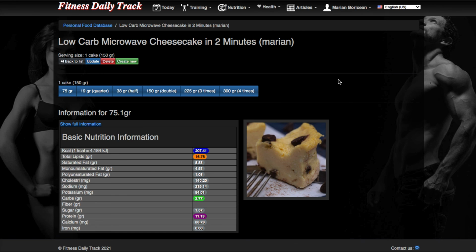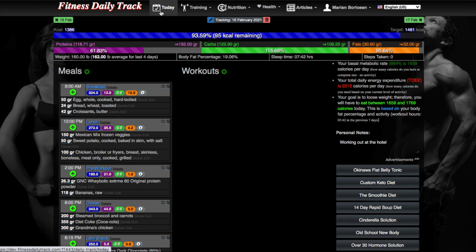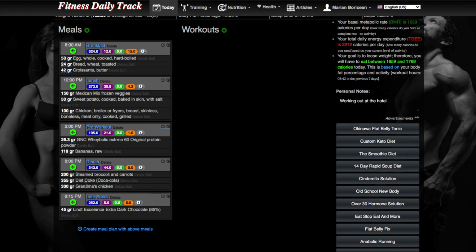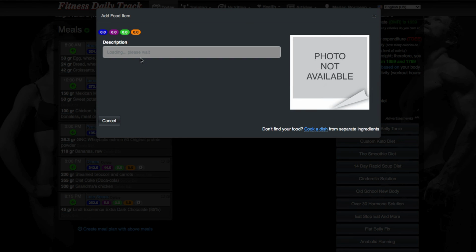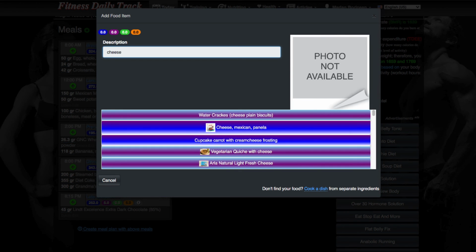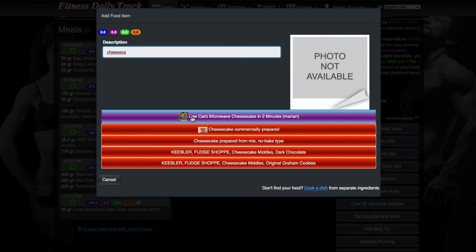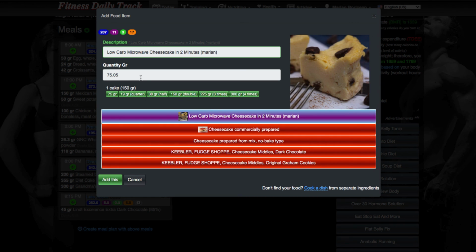Now if I want to go to today and add it as part of my meal, just click on today and let's add it for the late snack. It's a cheesecake. There it is, the one we just created.